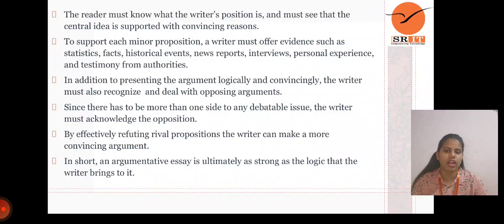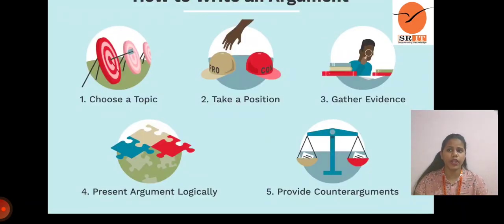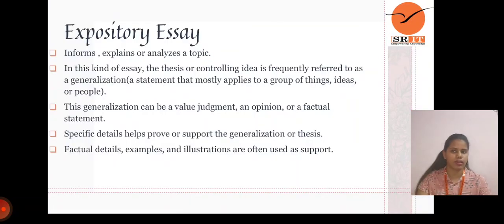In short, an argumentative essay is only as strong as the logic that the writer brings to it. Body of the argumentative essay: choose a topic, take a position, gather evidence, present arguments logically, provide counter arguments.